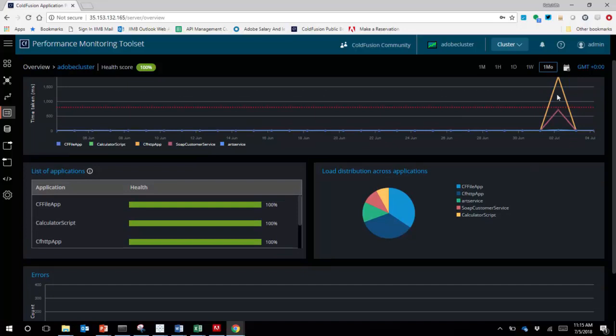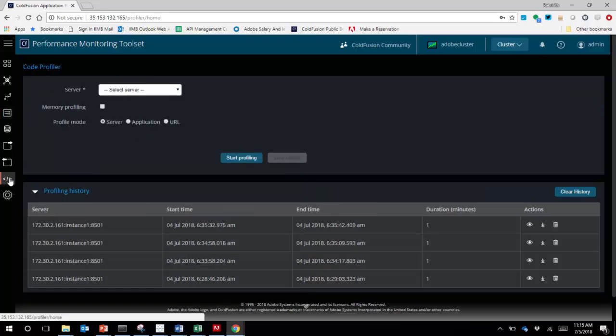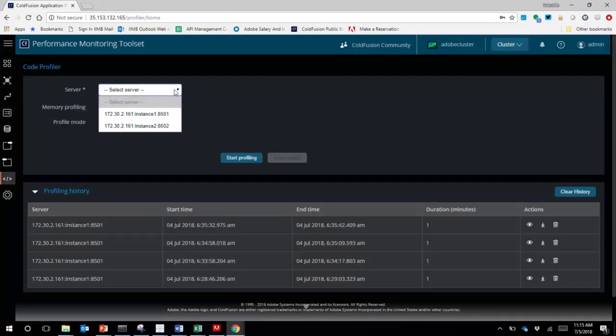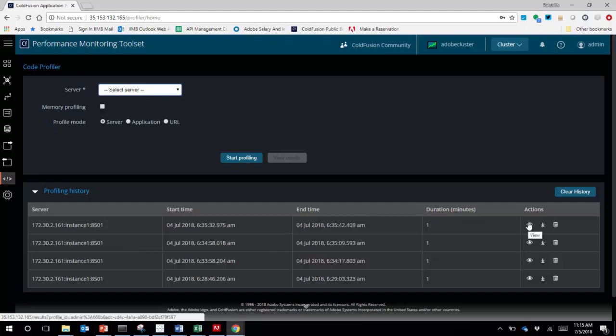So let's say one of my applications is taking too much time. I need to drill down further. For that, we have a built-in code profiler as well. So I can select a specific server. I can also choose memory profiling and start profiling. Here I already have a set of URLs that have been profiled, so I can get inside this and see more details. So I can also import this code profiling result, download it, and then import it into ColdFusion Builder